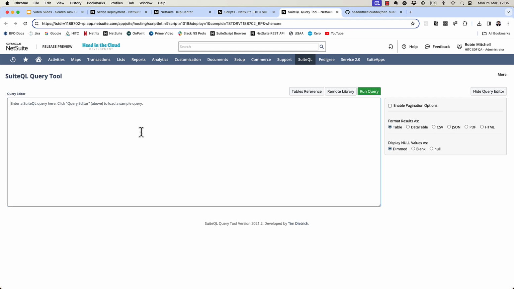So again, our goal is to find customers who need to be geocoded. In other words, what that means is that we want to find customers who have a valid address but do not have latitude and longitude coordinates. So let's start our select statement here, and we'll start it really simply. Let's select ID and entity ID from customer where